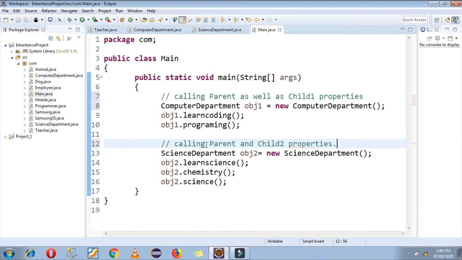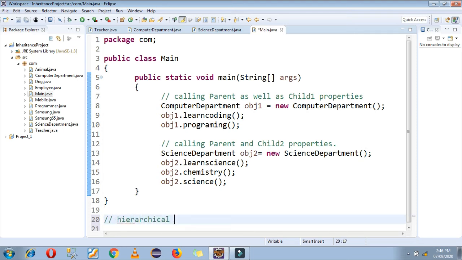So it's nothing but what? Hierarchical inheritance example. When more than one class accesses property from the base class, it's nothing but a hierarchical inheritance in Java.